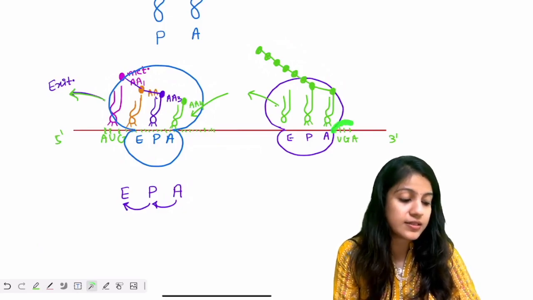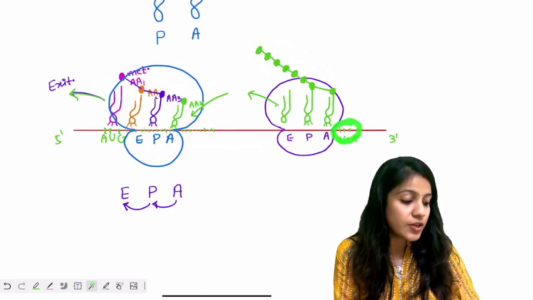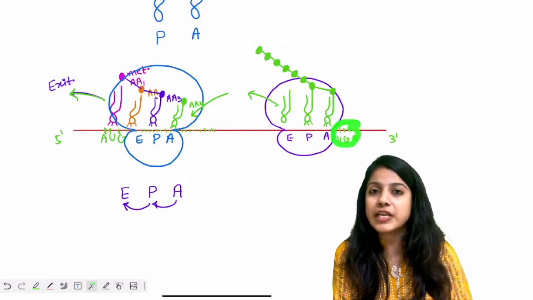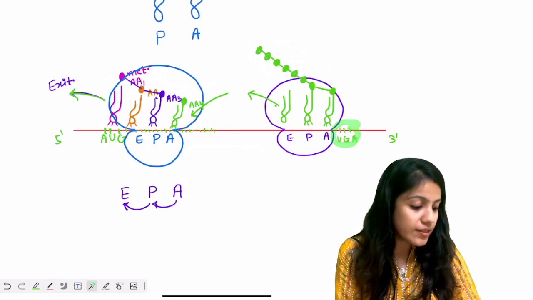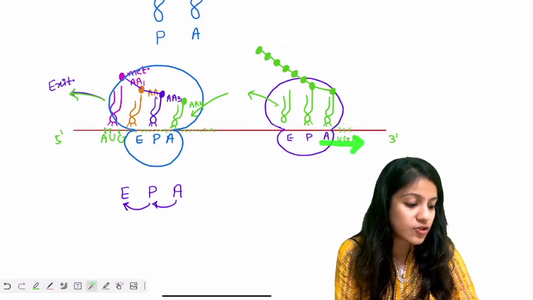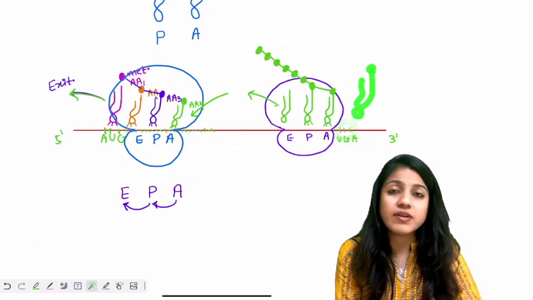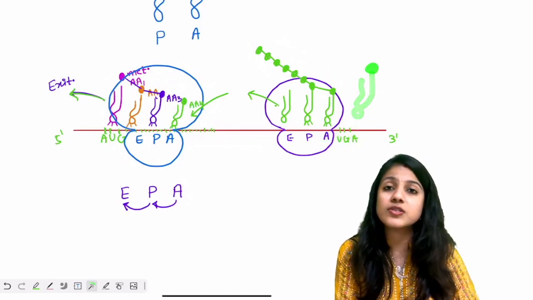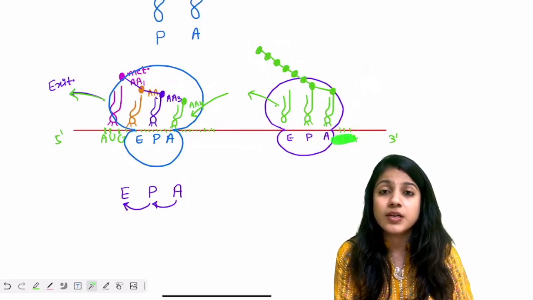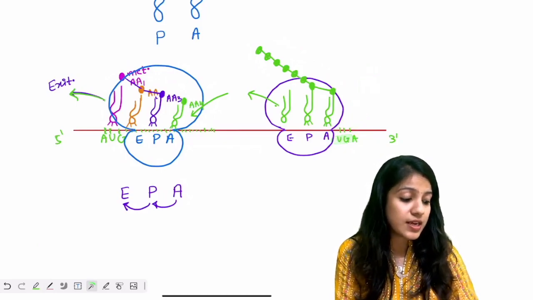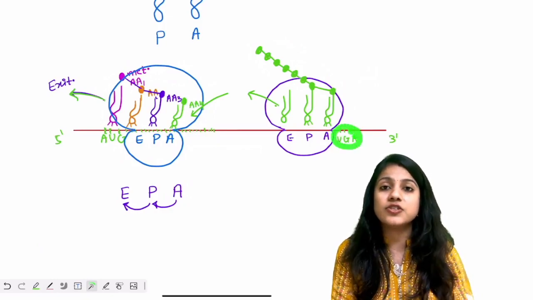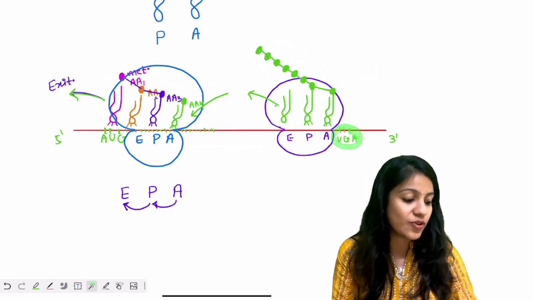Because at last this stop codon is present. Now UGA does not code for any amino acid, right? So when this ribosome reaches this stop codon, there won't be any tRNA carrying an amino acid, because this stop codon does not code for any amino acid, right? So since this is the signal for this amino acid, there should not be a gap,